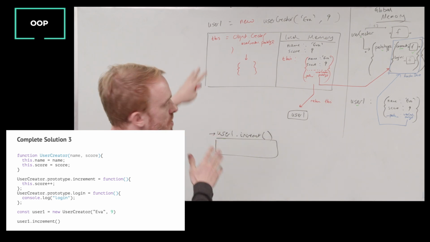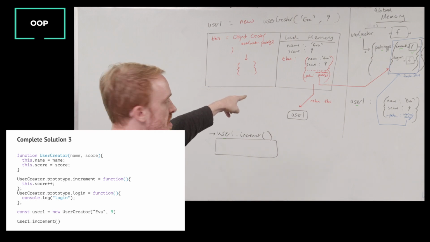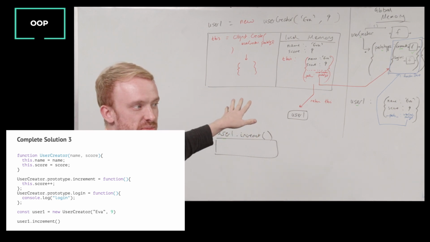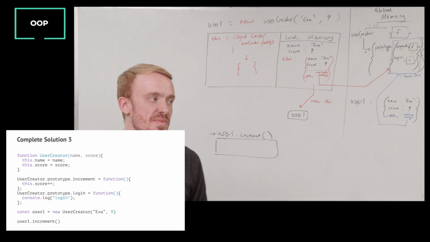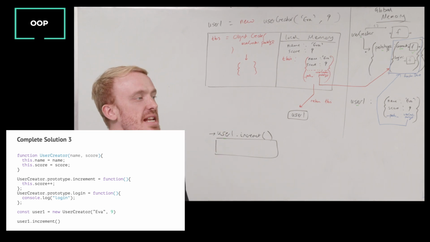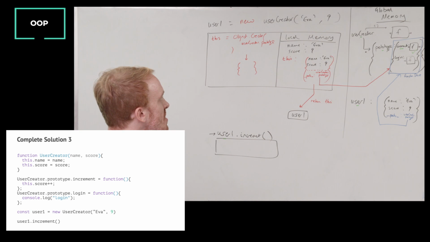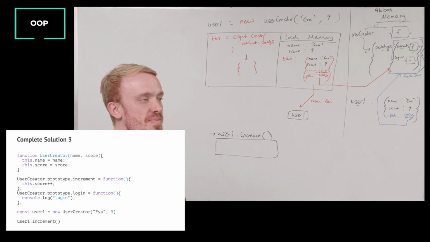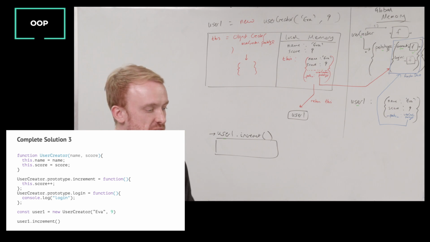If I ran userCreator without the new keyword, do I automatically create a this empty object? No, right? Without the new keyword, the this.name and this.score, what's the this going to refer to? JavaScript never leaves anything unevaluated. It's going to point somewhere. Skylar? The global memory. Not global memory quite. To the global object. This global object, known as the window in the browser, is a collection of features